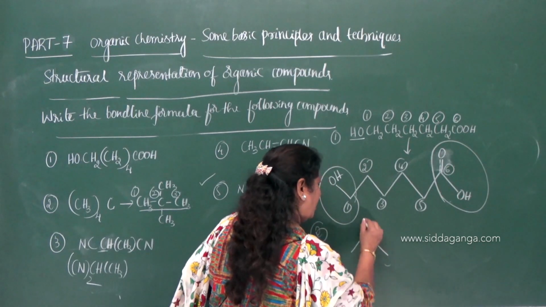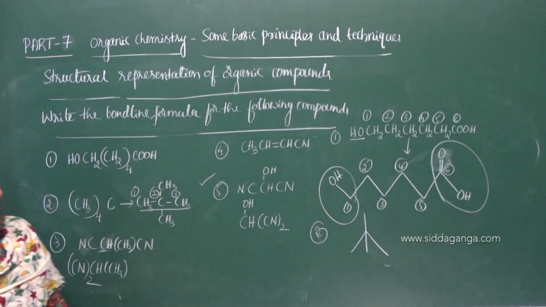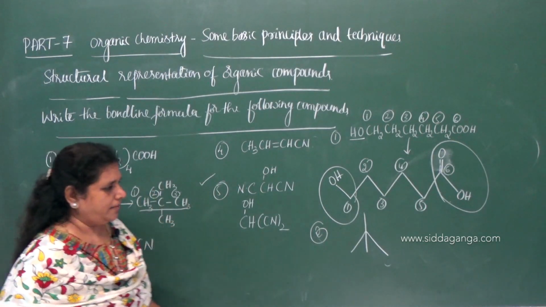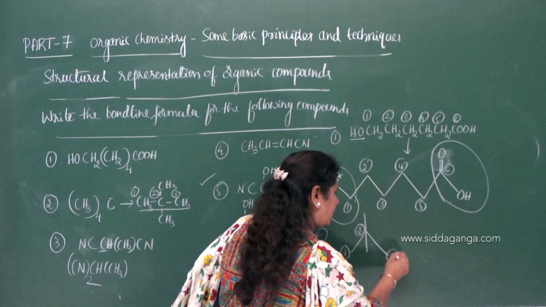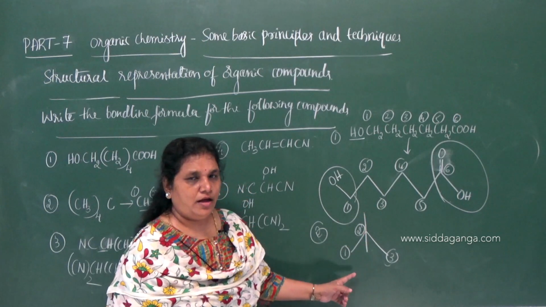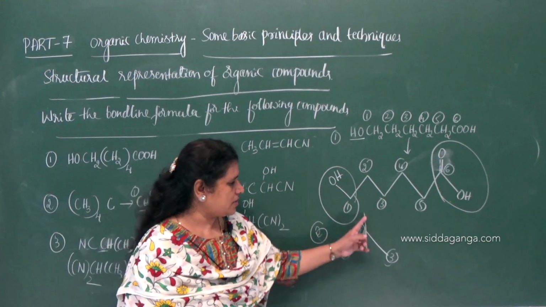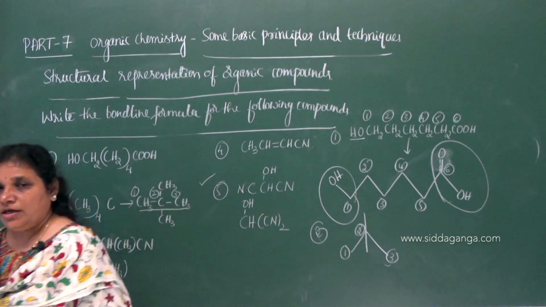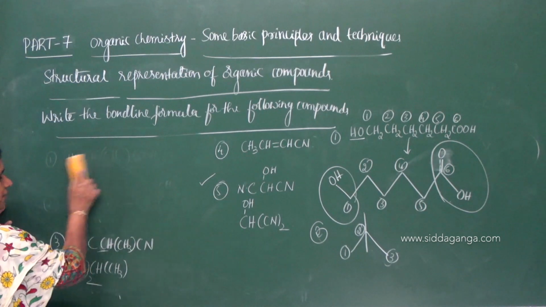1, 2, 3. At the second carbon we have methyl groups. 2 methyl groups are attached to the second carbon. So this is the first carbon, second carbon, and the third carbon. At the second carbon, 2 methyl groups are attached and the terminal end indicates a CH3 unit. So this is the representation of neopentane. Okay, now move on to the third one.